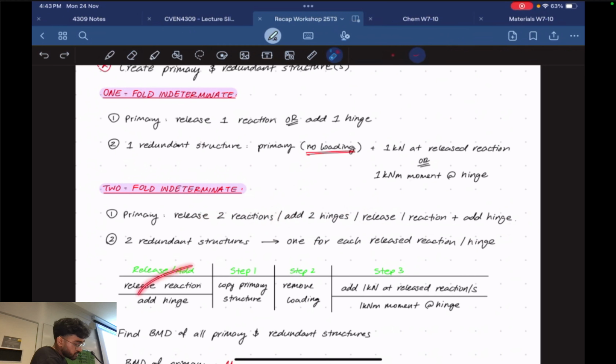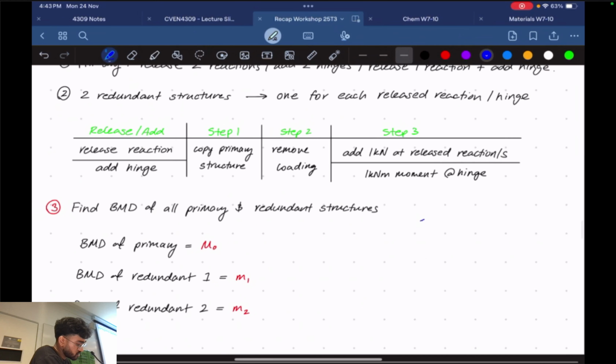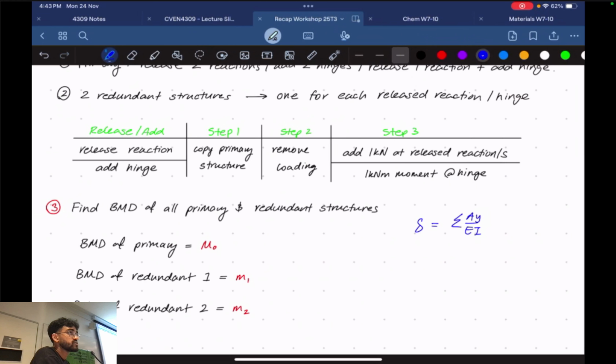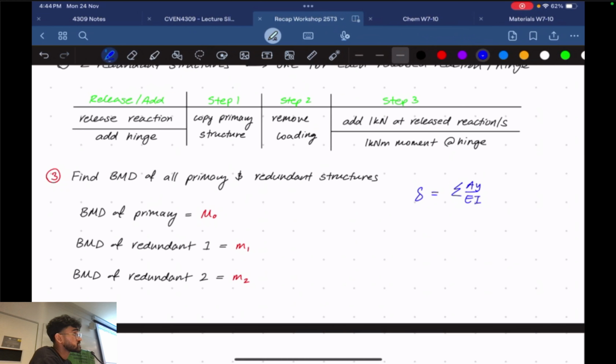And then these are the steps. In my steps, I've written that you have to find the BMDs for your primary and your redundant structures. You have to find your bending moment diagram if you're using the graphical method. So your graphical method goes back to virtual work. You're going to have to use this formula, AY over EI. If you choose to find the actual equations in terms of x, then this becomes